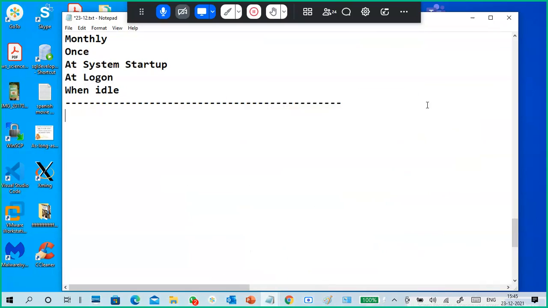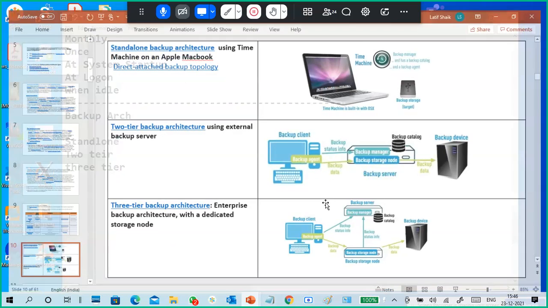Do you understand the backup server and the two-tier or three-tier architecture?